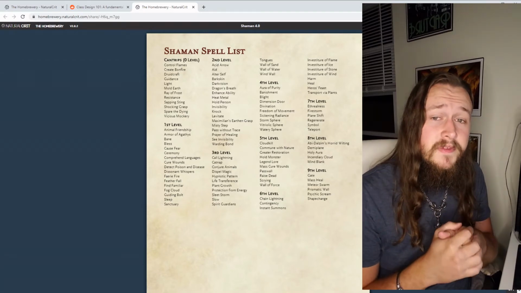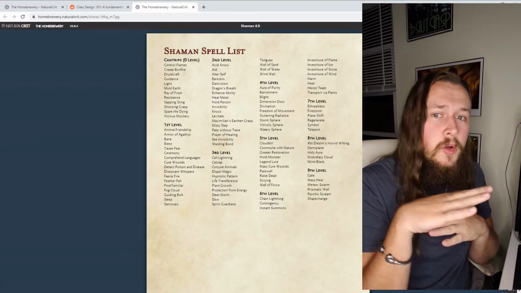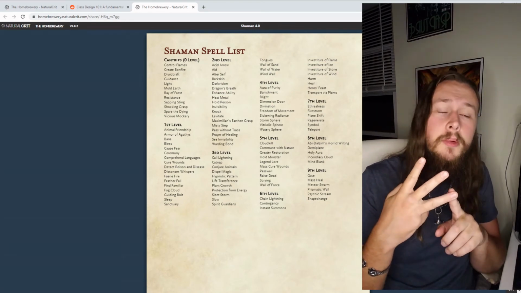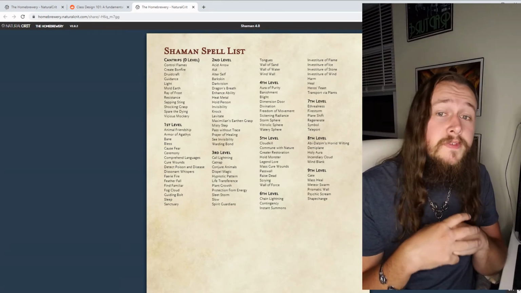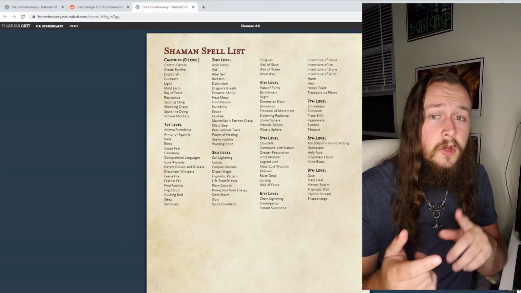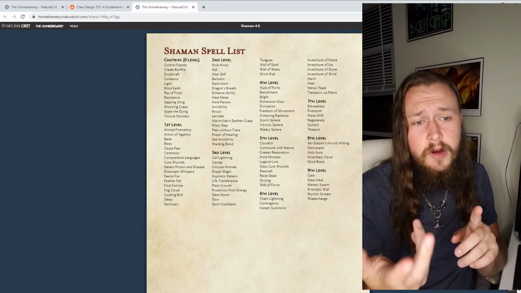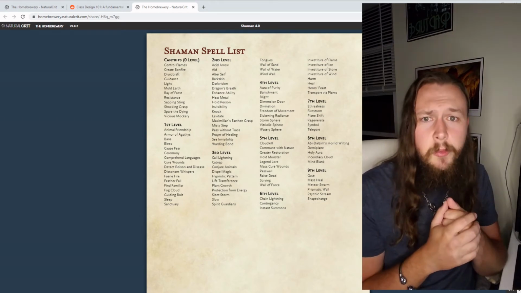Notable things I've left off this list: Healing Word. There is no Healing Word on this. There's no Shield. There's no Absorb Elements. There's no Mage Armor. You have no defenses. Your defense is your hit dice and your Constitution. Hang in there. You have Armor of Agathis and you have Bless to help with saves, but